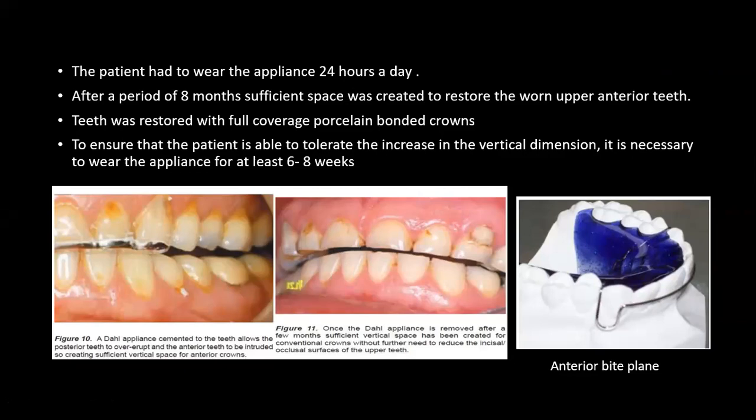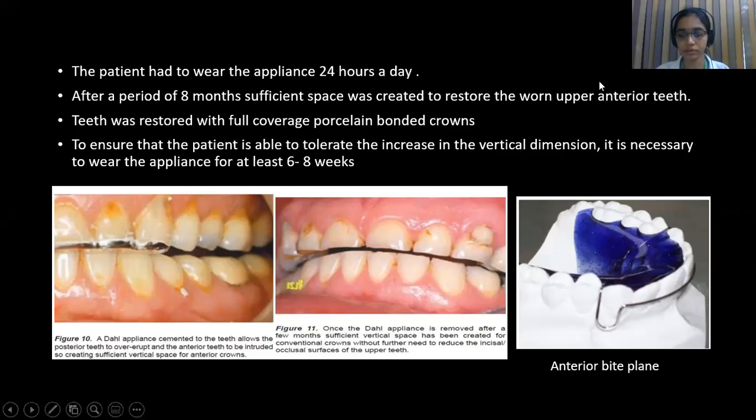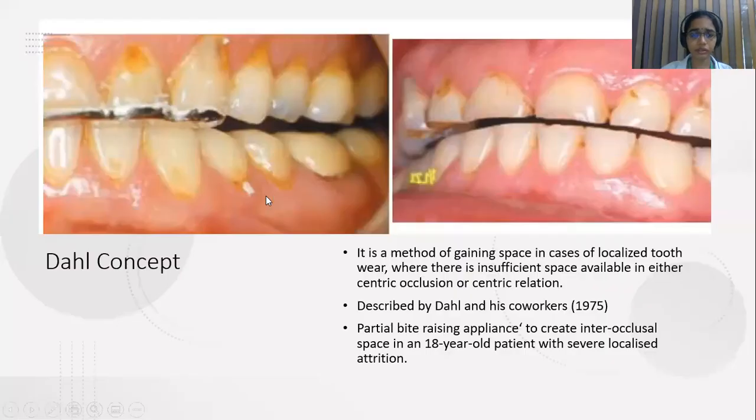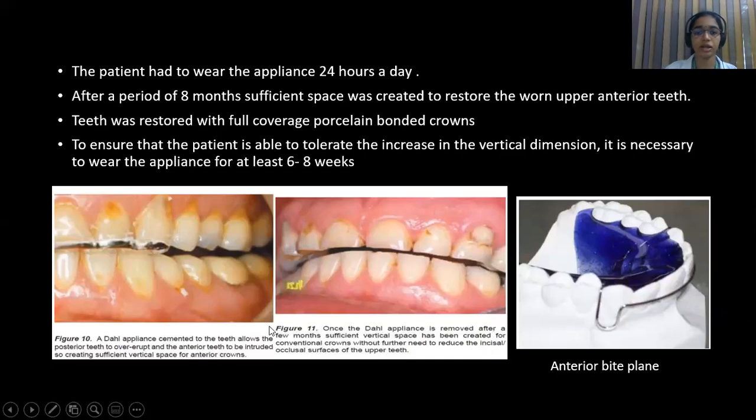To ensure that the patient is able to tolerate the increase in the vertical dimension, it is necessary to wear the appliance for at least 6 to 8 weeks. So what Dahl did is he gave a partial bite raising appliance. In this image, you can see he gave an anterior bite plane and he made the patient wear it for at least 8 months. So by giving the anterior bite plane, the posterior teeth,